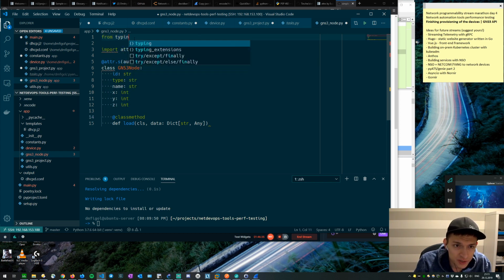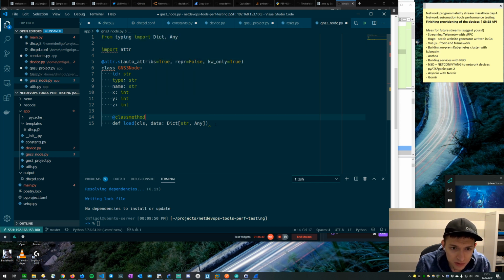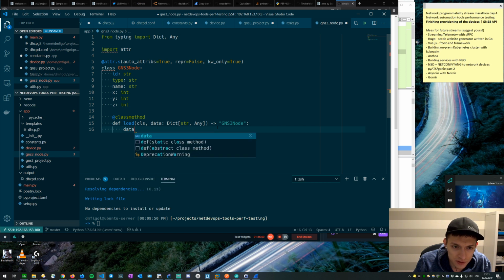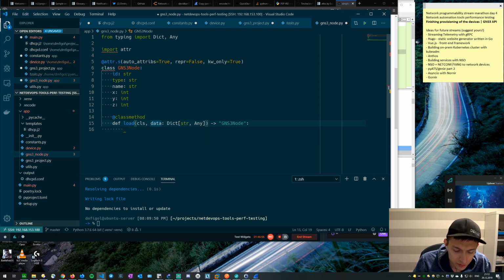So from typing import dict, any, here we will return GNS3 node object. Okay, and here we will have to parse things. So I can say here node